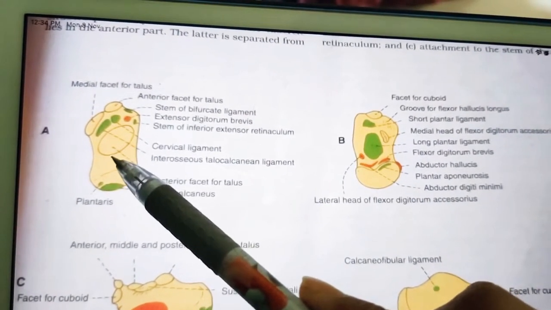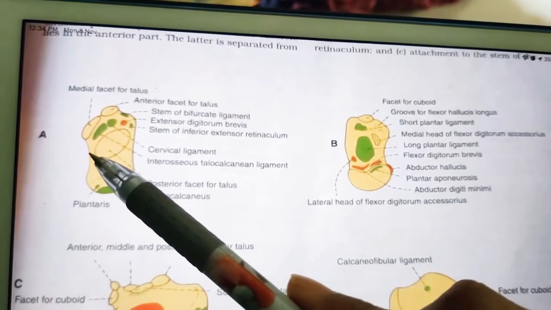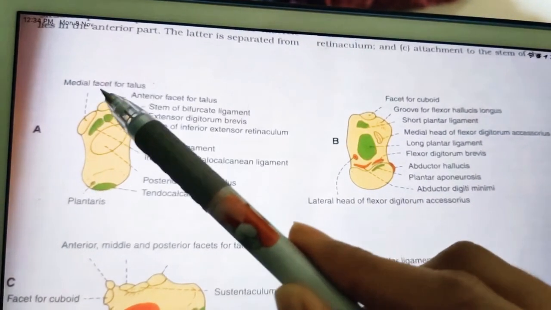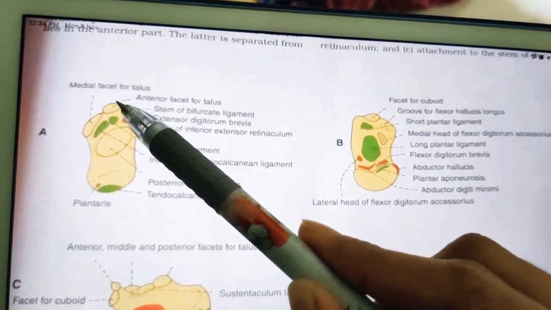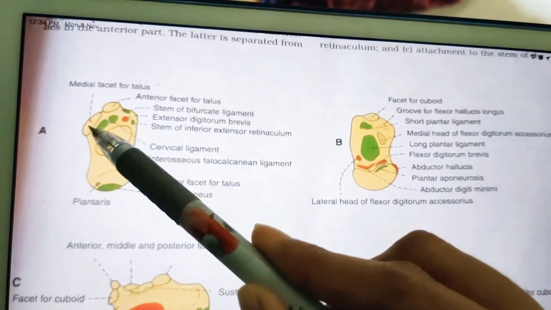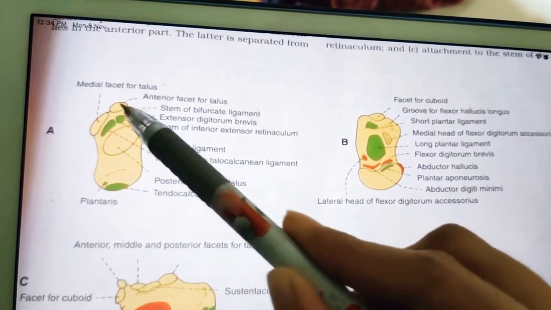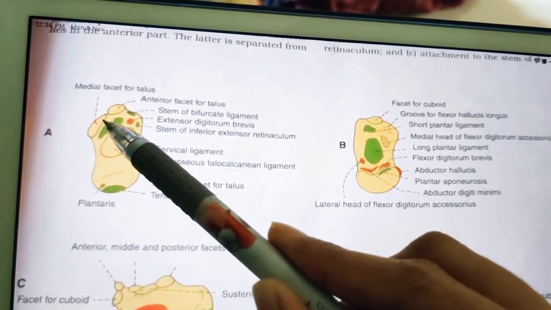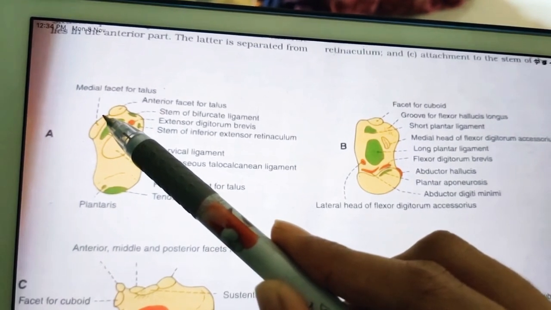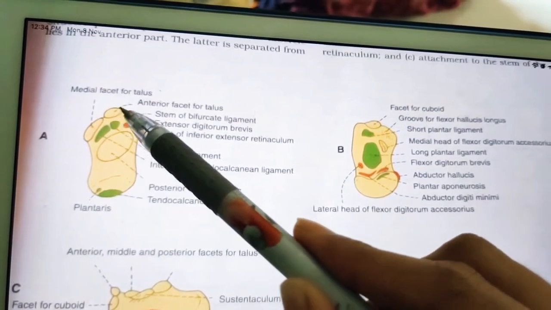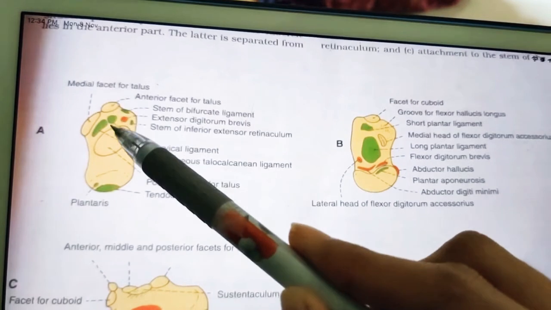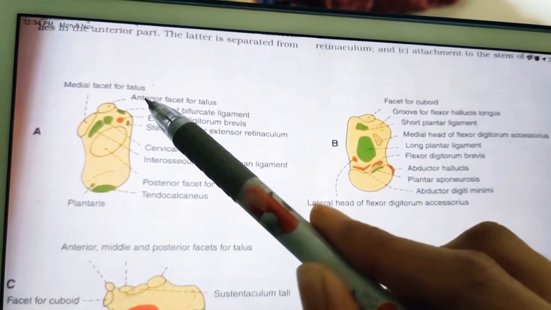You can see this facet is actually oval, convex, and also oblique. Next, coming to the anterior 1/3, it's articular in the anterior medial part. You can see here articular in the anterior medial part. This is the medial side, this is the lateral side, right? So on the medial side, it has some other facets in its anterior part, and non-articular in its posterior lateral part. You can see here it's non-articular.